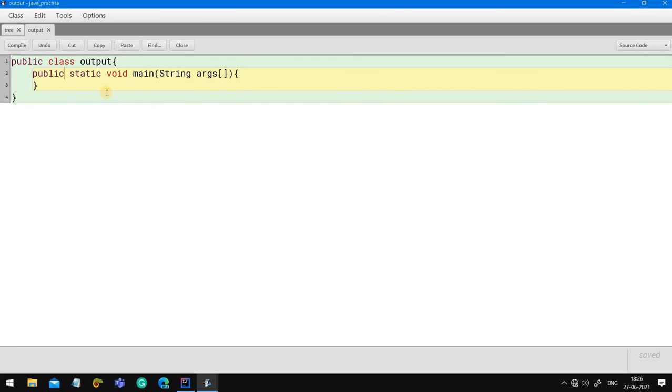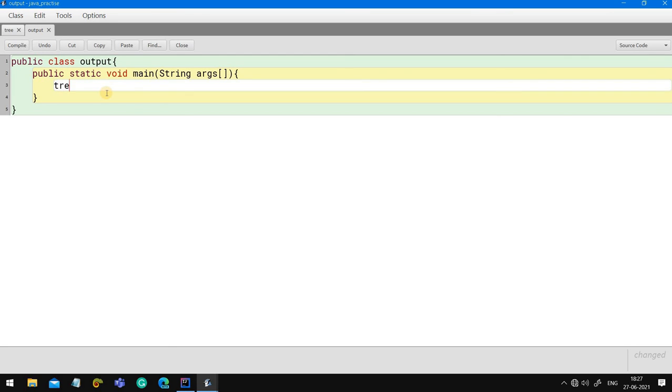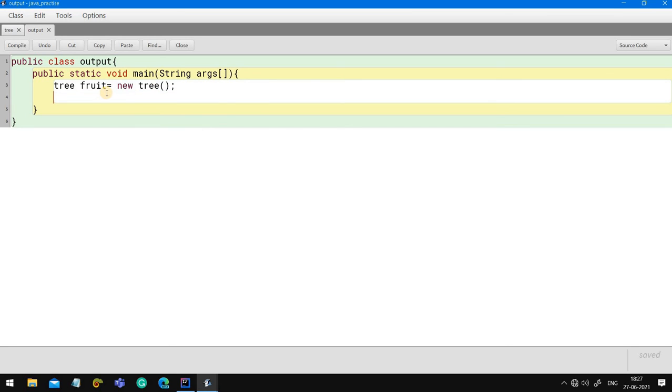Now after that, let me create a fruit from that tree, or the tree is giving me fruit. So what fruit is it giving? Let me show you this. So I'll create tree gave me fruit is equal to new tree, because the fruit is coming from the tree. After that, I don't know what this fruit is all about. Fruit dot display. Now tell me what fruit I have got.